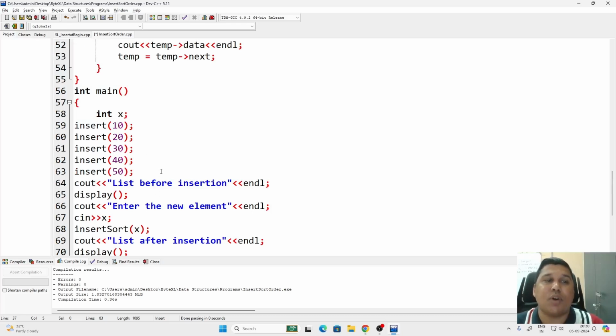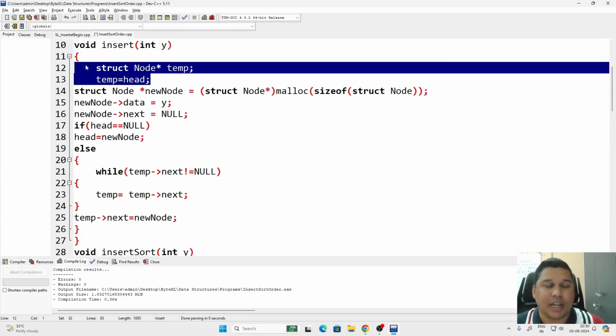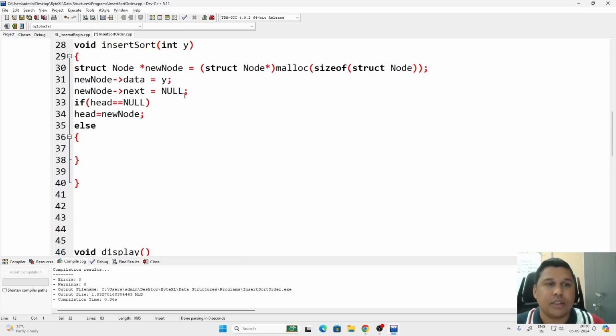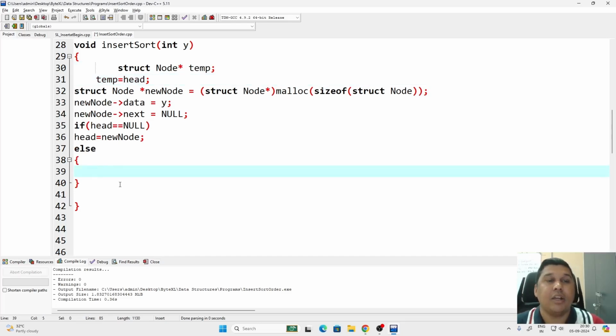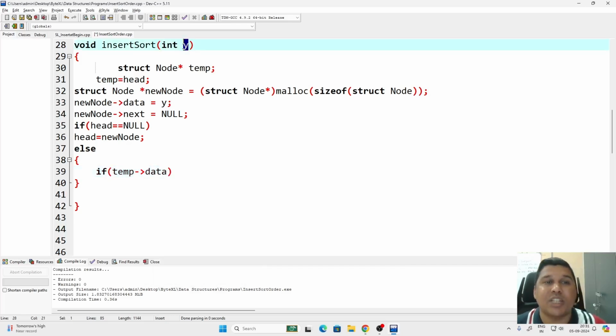Now, for the x which I want to insert, I will take a temporary pointer, temp. I will declare it here. What is this temp? Temp is pointing to head, and temp has some data with it. So you have to check here, and you have to repeat this, I will come to that while part. What you have to check is, if temp data, where the element which I am inserting is y,